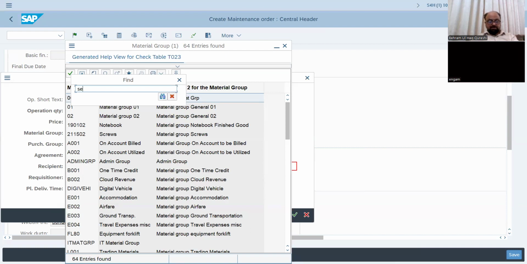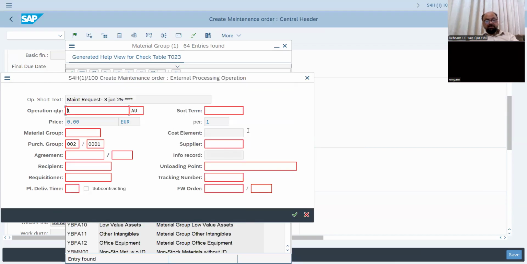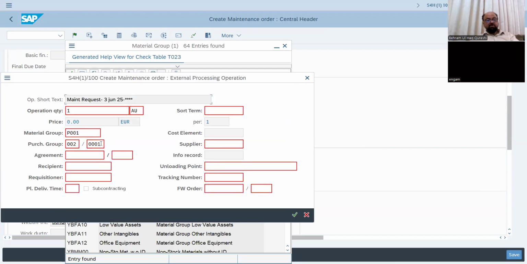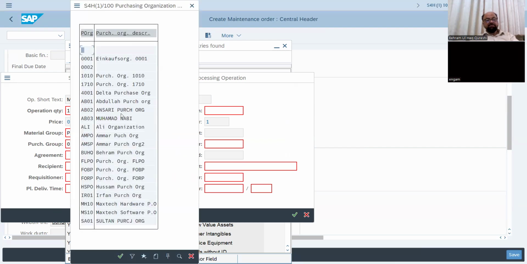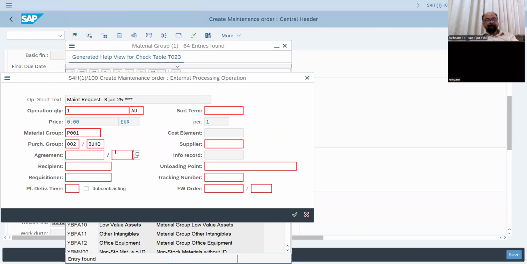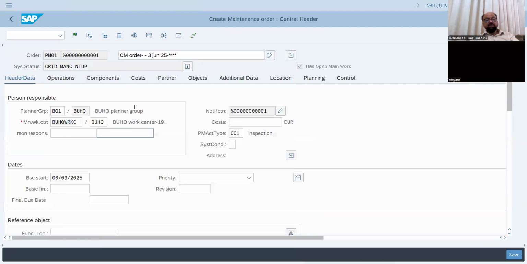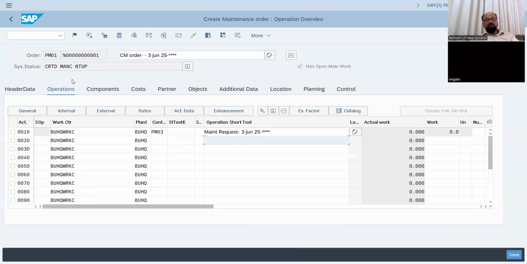For example, service. Here is the service. Here you can enter the service which is required over there. Okay, here is the purchasing group, and here is the maintenance planning plant. You enter the maintenance planning plant, that is PUH2. Okay, proceed. And after proceeding, once you go over to the operations and go over to the external, here you will see there will be a tab for the service